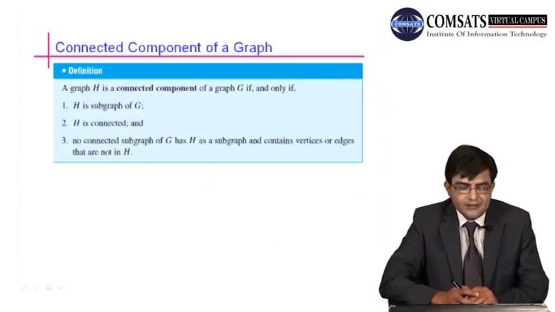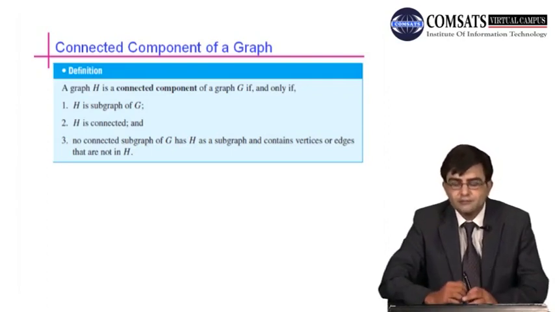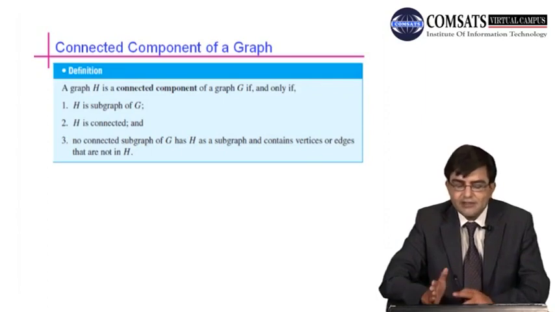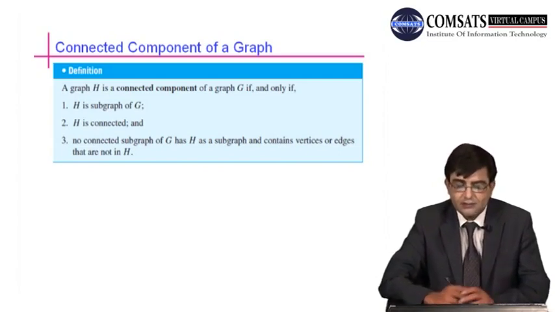Next is what is a connected component of a graph. A graph H is a connected component of a graph G if and only if H is a subgraph of G, H is connected, and no connected subgraph of G has H as a subgraph and contains vertices or edges that are not in H. You can see that the largest subgraph of G which is connected is basically the connected component of that graph G. For example,